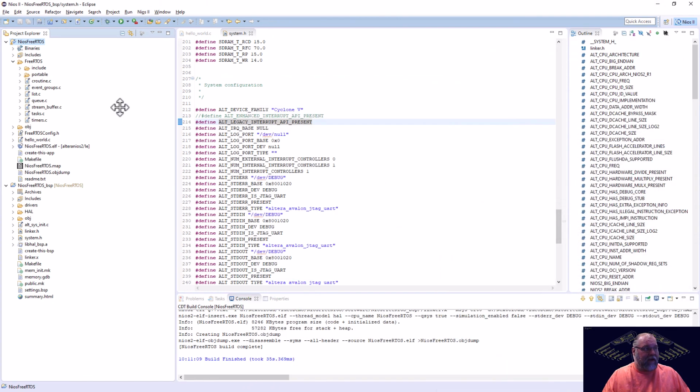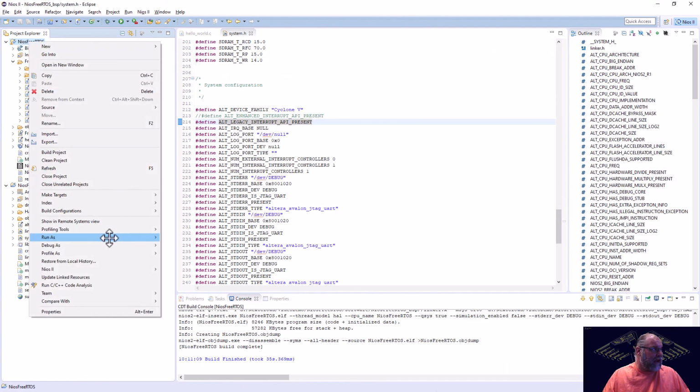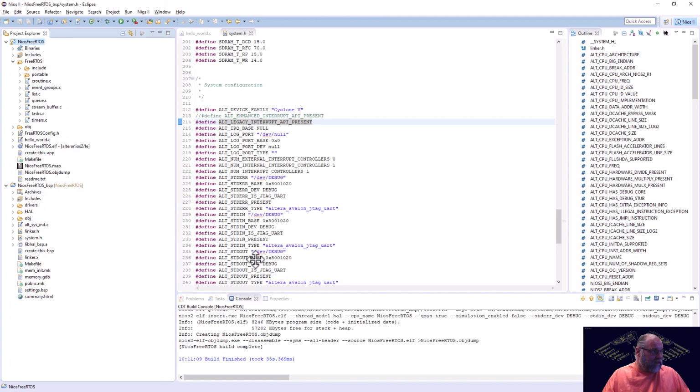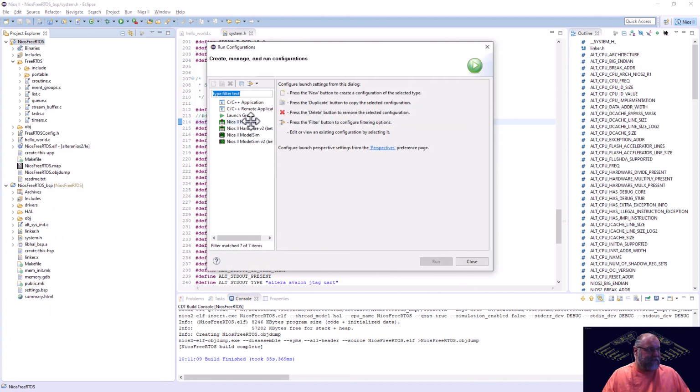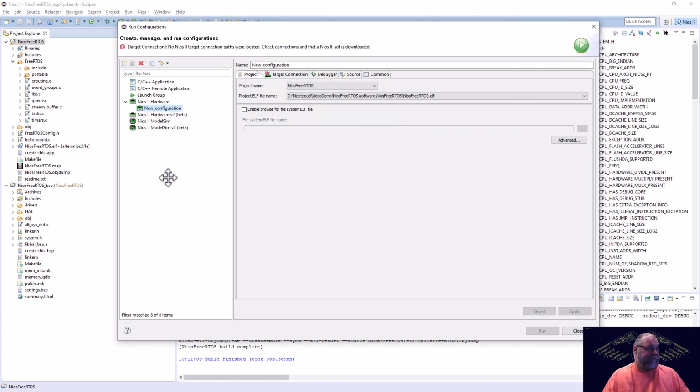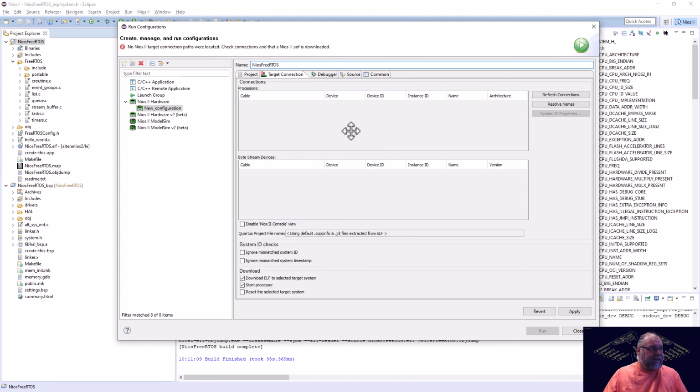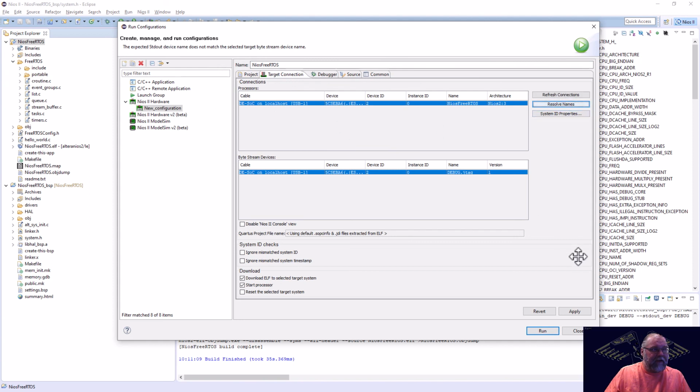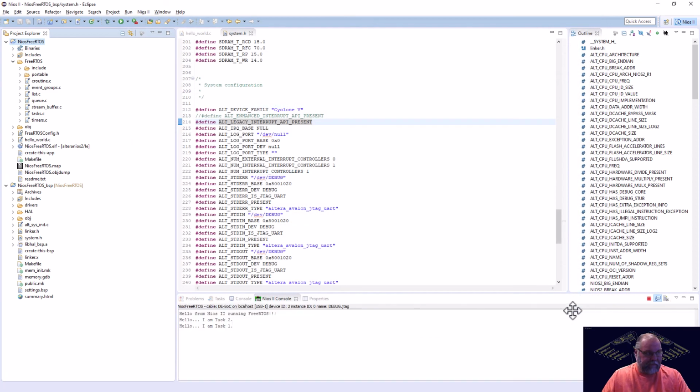Now we can go back to Eclipse, and we can right-click, and we can do our run as. Let's go to our run configurations, and we want to do a new run configuration. All right, let's give this a name. We'll call this Nios FreeRTOS. Let's go to our target, and we can hit refresh. We'll hit apply, and then we can hit run as soon as that is applied. All right, it's just about ready to go, and there we go. Hello from FreeRTOS. So we should see 2 task 1s show up for every